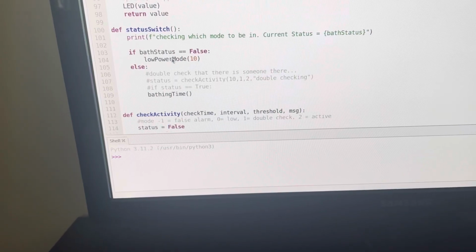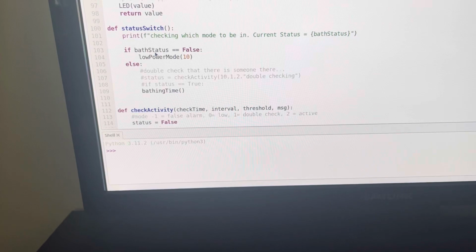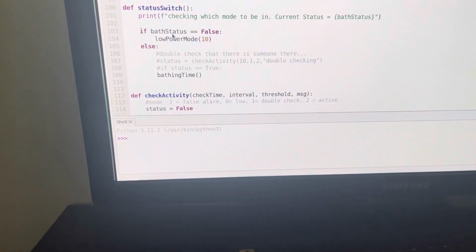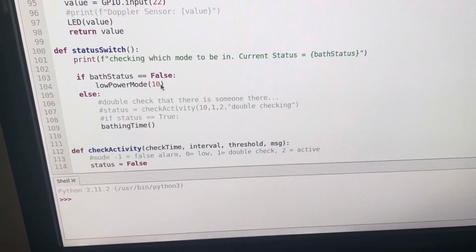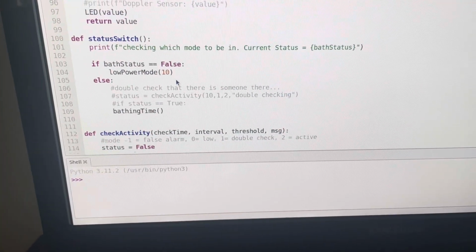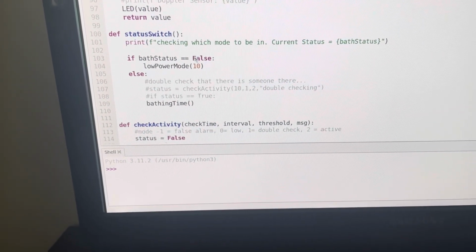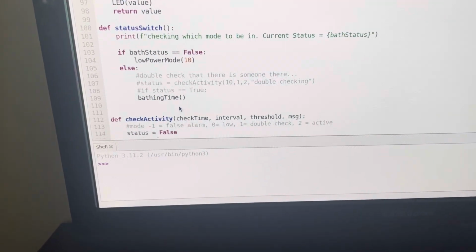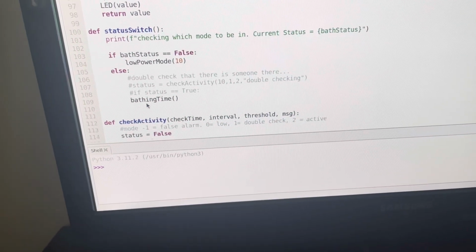Next up, we have this status switch. We have a global variable called bath status. If it's false, we're assuming that there's no one in the bathroom, so we can remain in low power mode, and we'll essentially go to sleep for some amount of time. In this case, 10 seconds. After that 10 seconds, we'll wake up and check for some amount of time to see if there's anyone there. If not, we'll go back into low power mode for 10 seconds and go back to sleep. If there is someone, that bath status will return as true, and we will then go into this bathing time